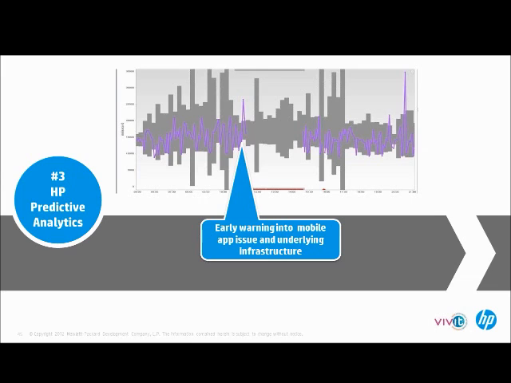Now, monitoring and measuring the performance of mobile applications is one thing, but having the capability to predict and warn and get early warning into upcoming mobile application issues is another thing. So HP Predictive Analytics, which is part of the HP BSM solution, helps us use complex algorithms to look at